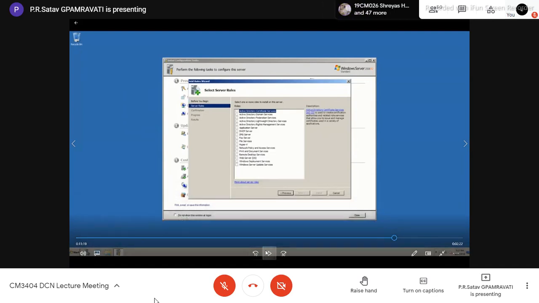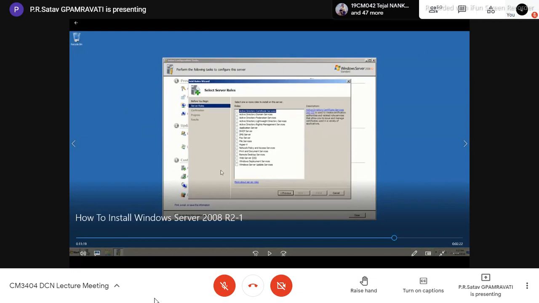Active Directory Certificate Services, Active Directory Domain Services, Active Directory Federation Services, Active Directory Lightweight Directory Services, then application server, DHCP server, DNS server, fax server, file services, then Hyper-V, network policy and access services, print and document services, remote desktop services, web services (IIS), Windows deployment services, and Windows Server Update Services.